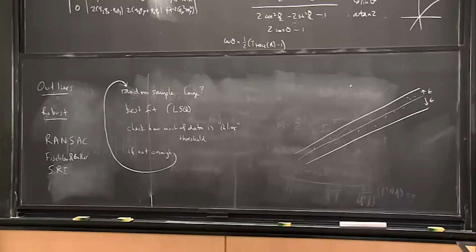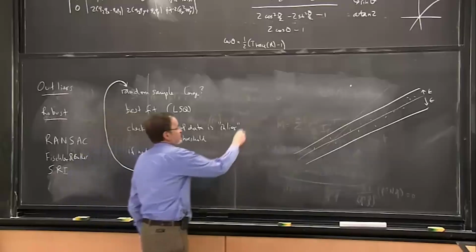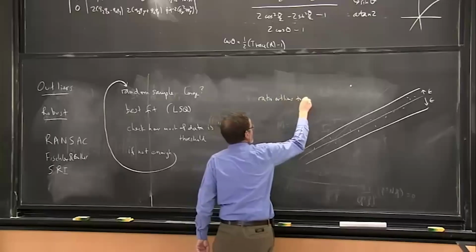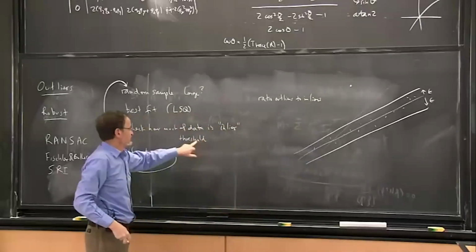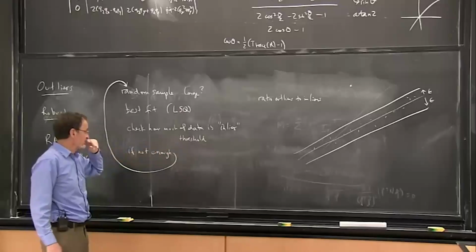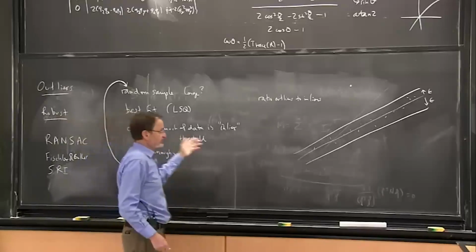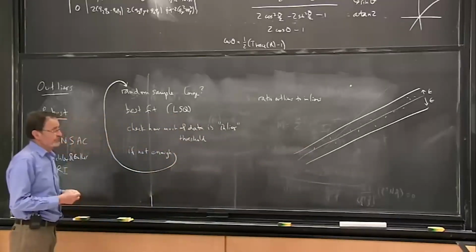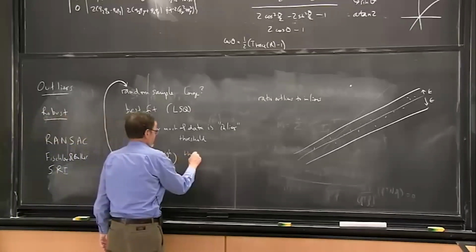There are all sorts of interesting issues. One of them is you kind of have to know what the ratio of inliers to outliers is. So you have to have some sort of model of your measurement process, right? Because that's going to control how you set the threshold. You need to know something about the noise to set that threshold. And then you need to know how many. So there are two thresholds. There's a threshold here of the band that determines whether these are inliers or not, and then there's a second threshold here that says,